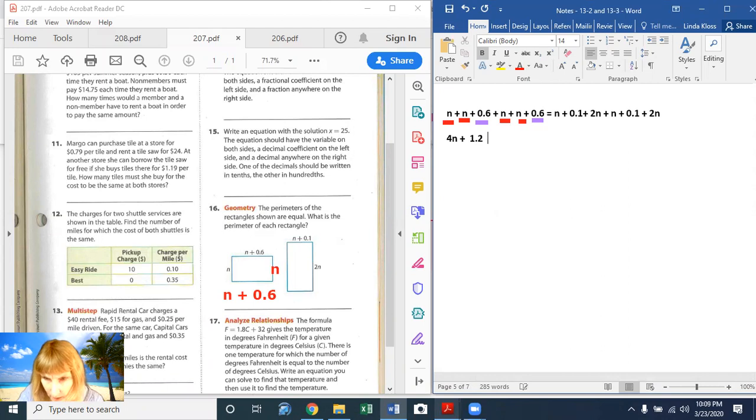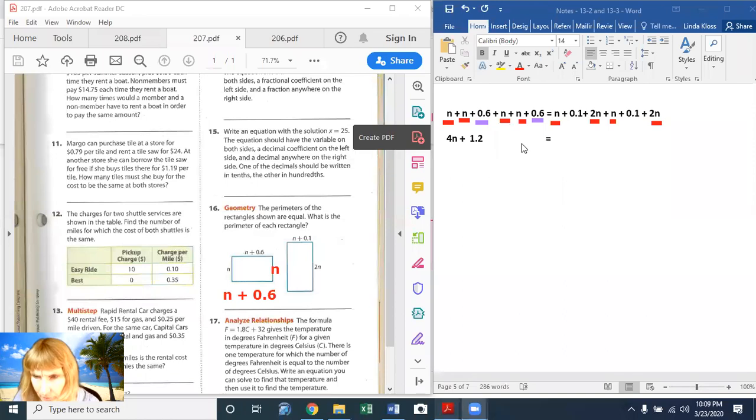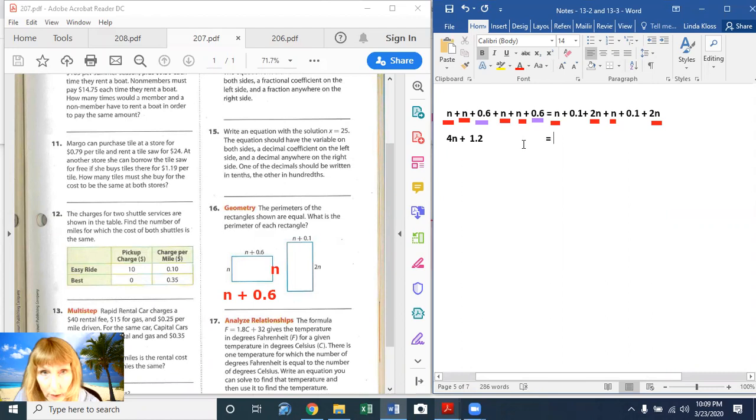Now, on the other side, I have to do the same thing. So I'm going to underline all of my letters. We have an N, we have a 2N, we have an N, we have a 2N. So if I add those all together, what is N plus 2N? That's 3N. Plus another N, that's 4N. Plus 2 more, that's 6N. 6N plus, and now